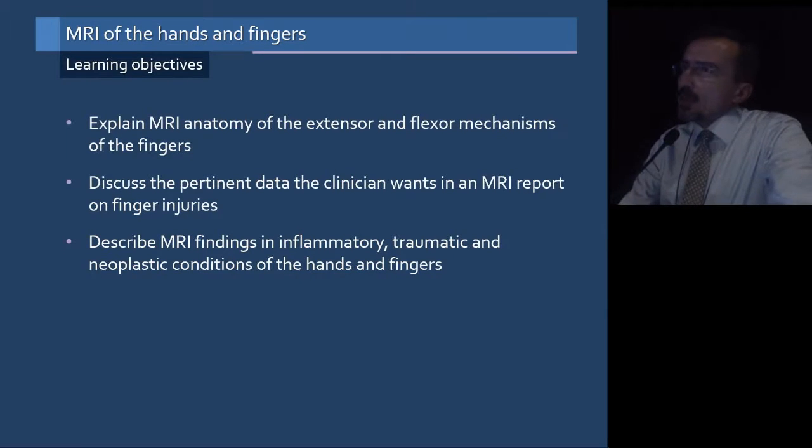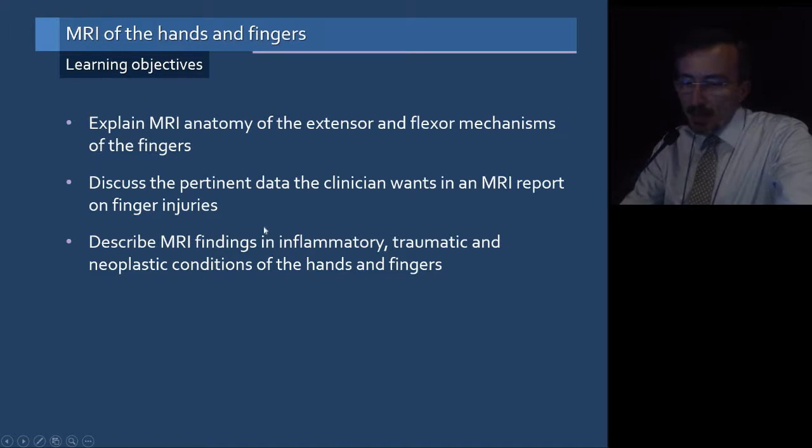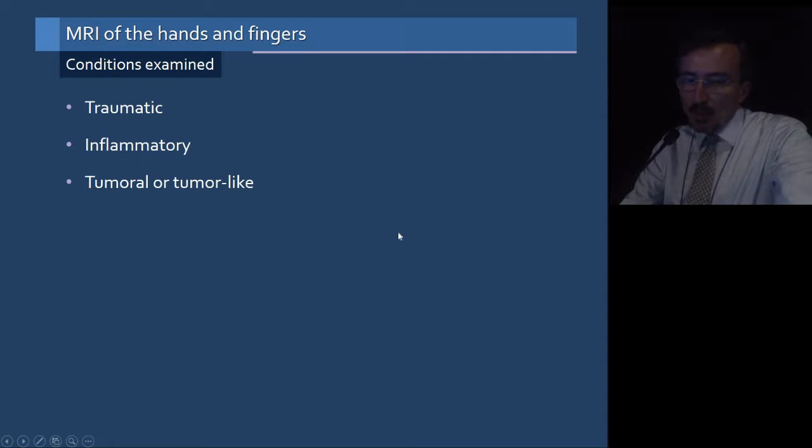So we'll be talking about the MR imaging anatomy of the fingers in terms of extensor and flexor mechanisms. And we will also be talking about the data that the clinician wants in our MRI reports, especially on finger injuries. And we will also be describing some of the MR imaging findings in inflammatory and neoplastic conditions as well as the traumatic ones. So overall, we can talk about three different categories when it comes to the MR imaging